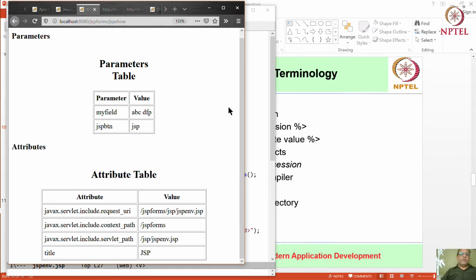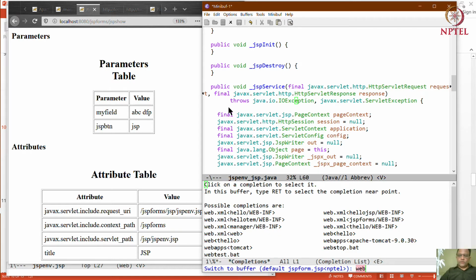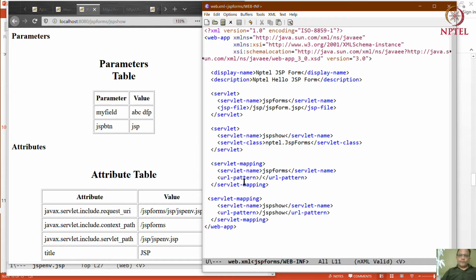Okay, so let's go over everything once more just to clarify. We started off by looking at the web.xml, which points out that our entry point, which is this URL for JSP forms, takes us to this JSP file.